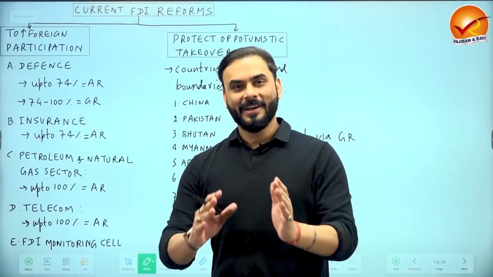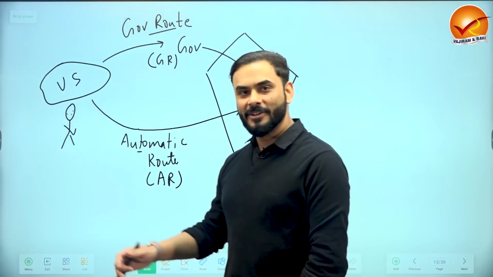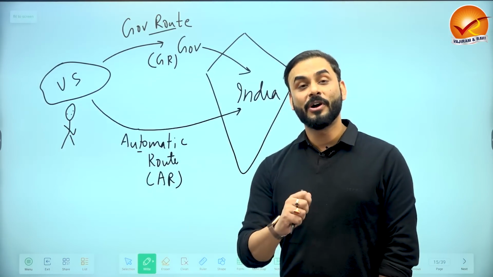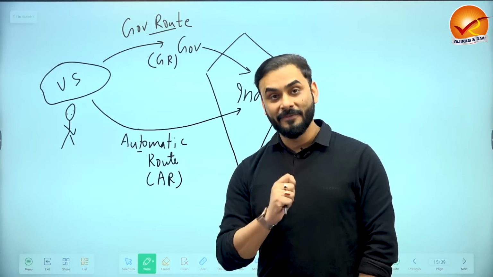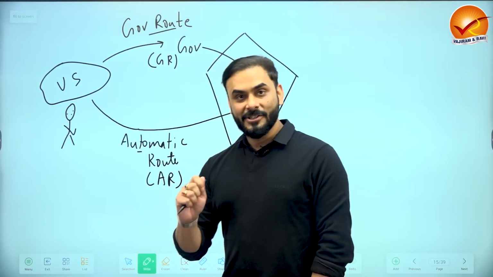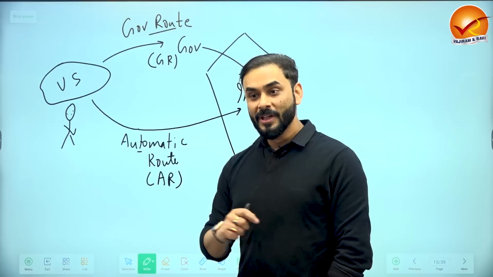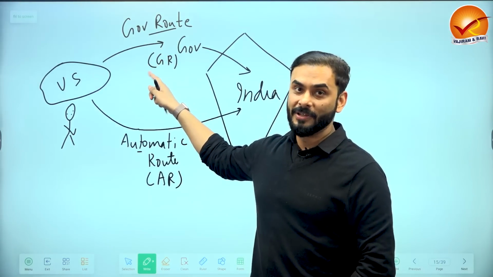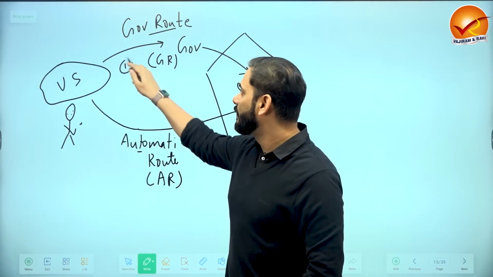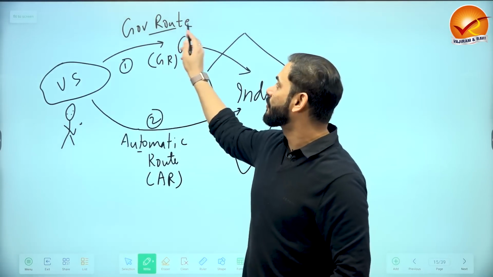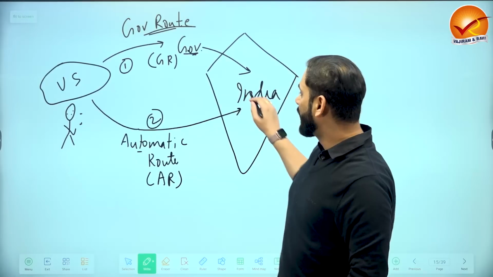So guys, let me give you a basic idea about foreign direct investment first. Imagine that there is this person in the US. He wants to invest in India. So what are the different ways in which he can invest in India through foreign direct investment? There are some sectors in India where, if somebody wants to invest from a foreign country, first they have to take government permission. So this guy, if he wants to invest in India, there are two routes available to him. The first route is called the government route, because this guy first has to take permission of the Government of India and then he can invest in India.